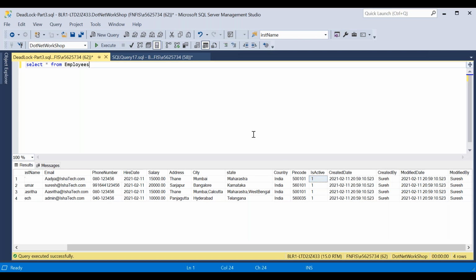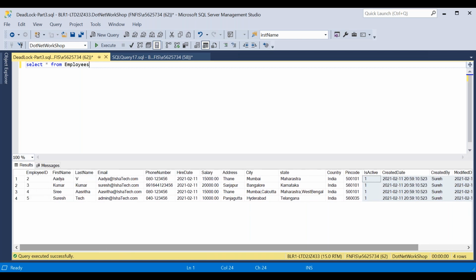I do not want to fetch that information because this is for internal logging purpose only. More than that, I do not want this information to be captured in the UI. So for that, we should not always use select star.